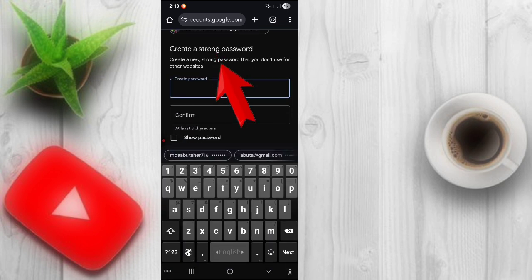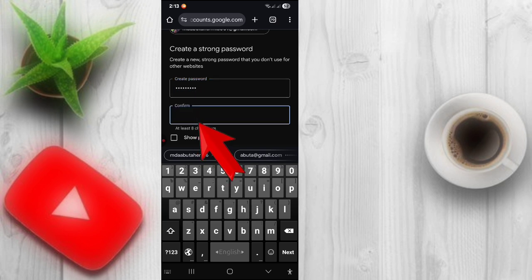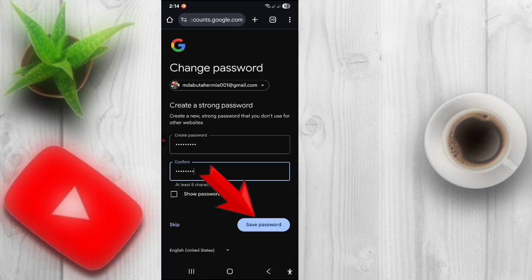Create a strong password. Now type new password. Type confirm password. Recover your Gmail account successfully, easily. Now tap on